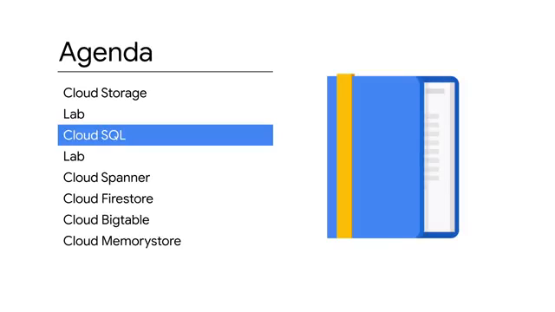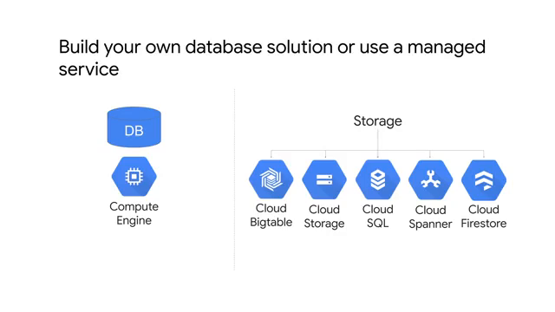Let's dive into the structured or relational database services. First up is Cloud SQL. Why would you use a GCP service for SQL when you can install a SQL Server application image on a VM using Compute Engine? The question really is, should you build your own database solution or use a managed service? There are benefits to using a managed service, so let's learn about why you'd use Cloud SQL as a managed